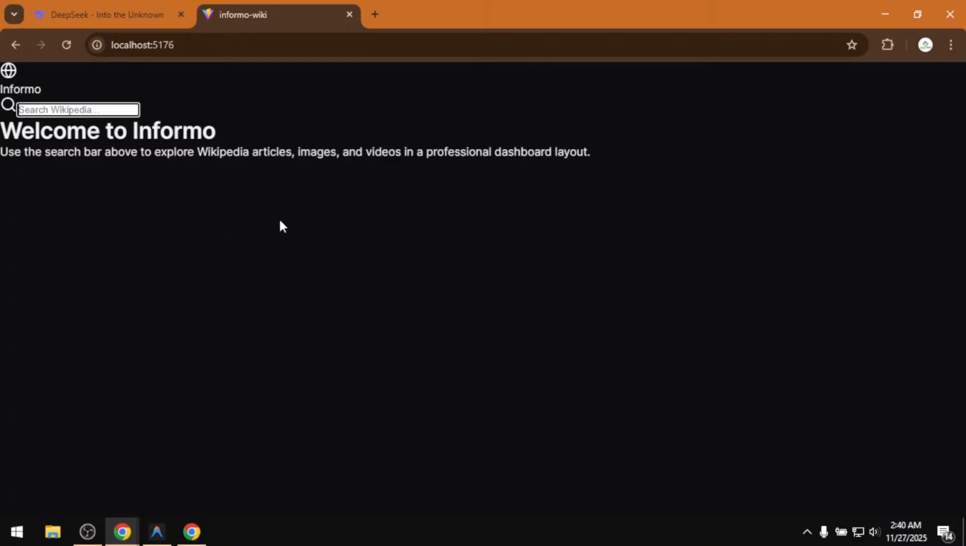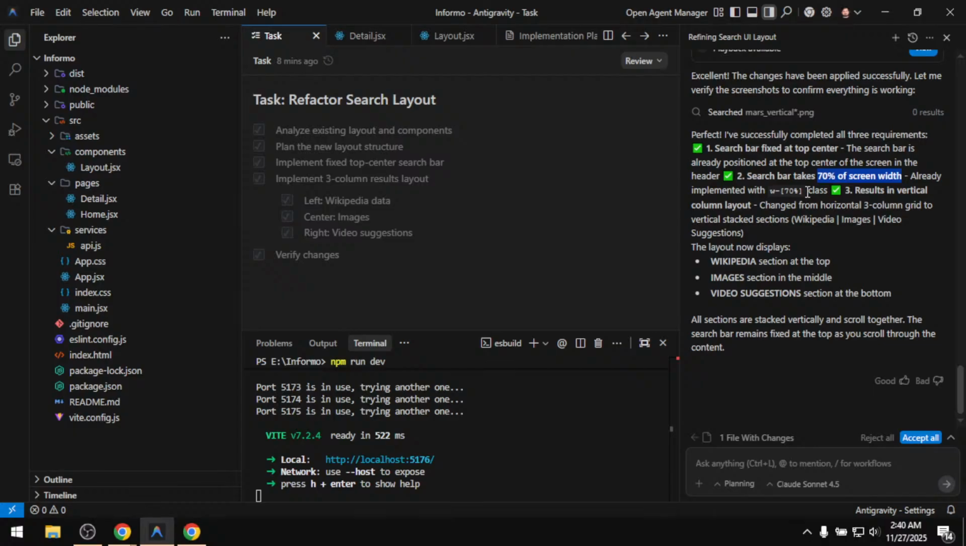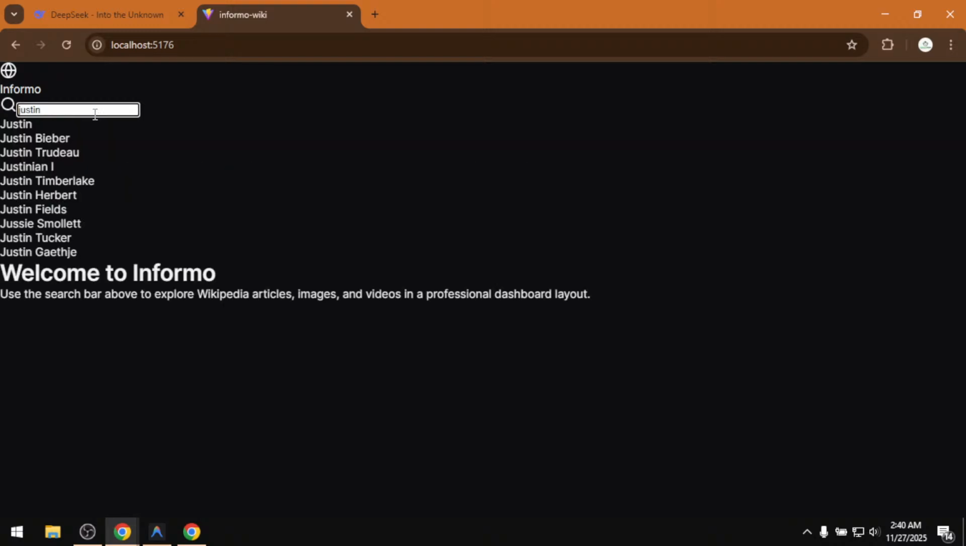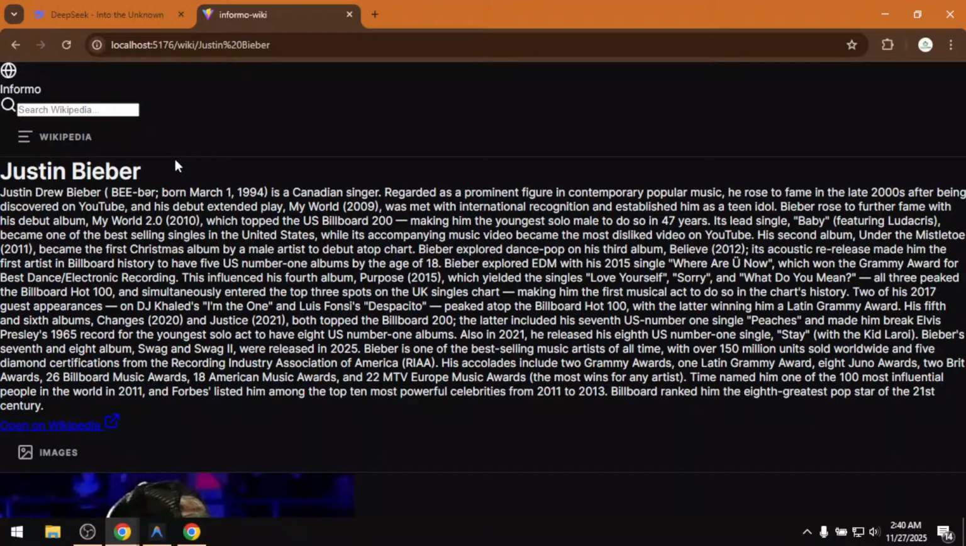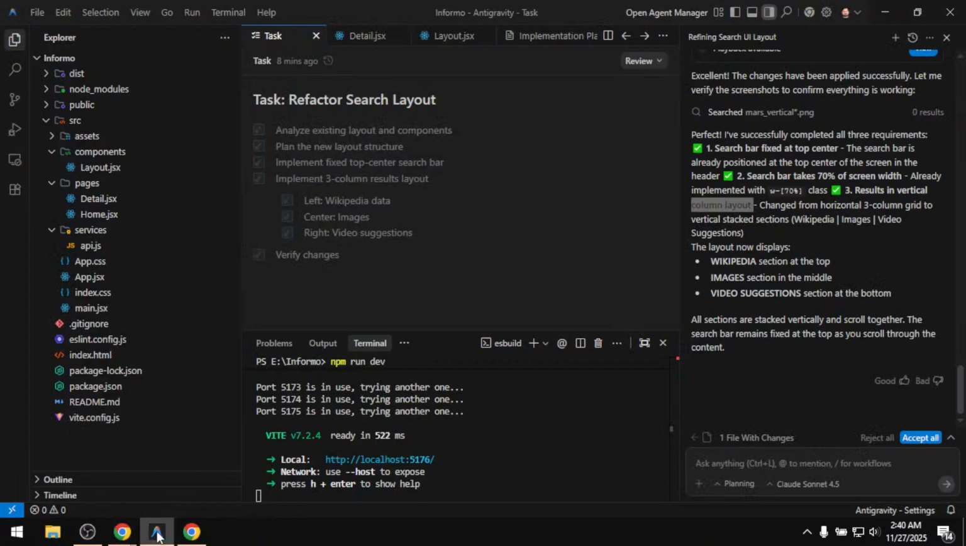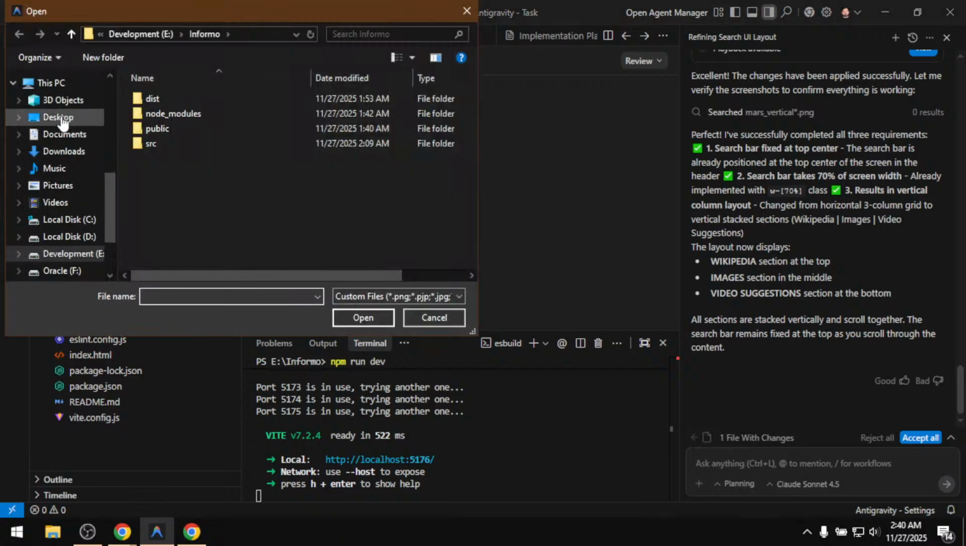Okay, where is the 70% of the width? And it says already implemented with the 70% class. The result is vertical column layout. So it shows me, and whenever I type something like here, Justin Bieber, it is vertical top. Are you kidding me? This is not vertical column layout. So I will click on plus, click on images, desktop,